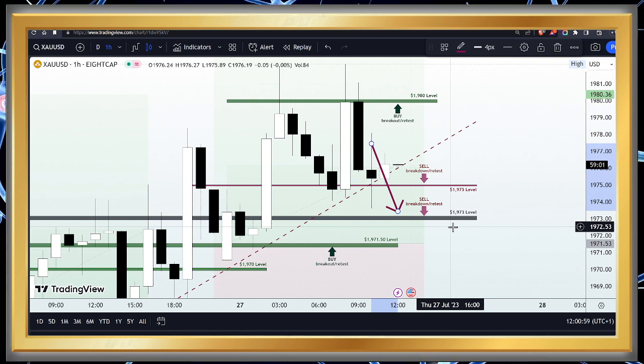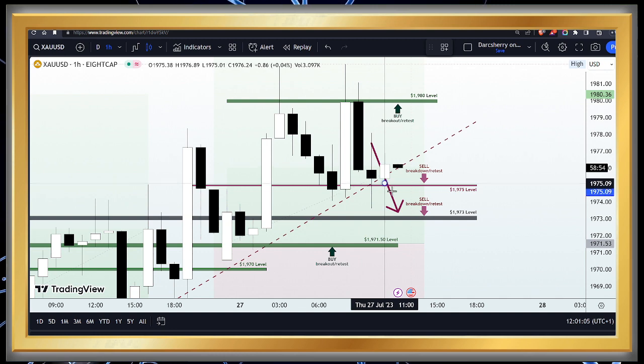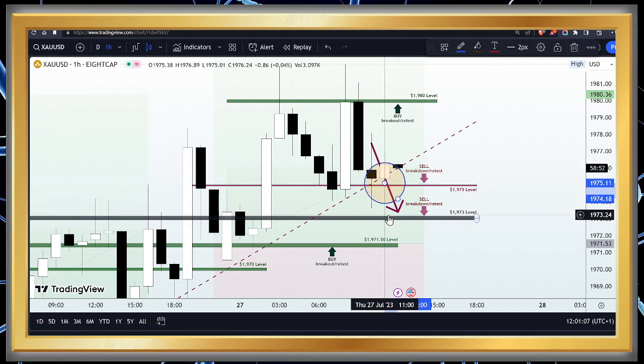And one interesting thing about the breakdown here is that we have a level at the 1975, which of course we are going to be using to guide this bearish move. So we want to see a breakdown of the structure, then scale down to your lower time frame where we want to look out for a retest of this level to give us an opportunity to join the bearish momentum to the downside.